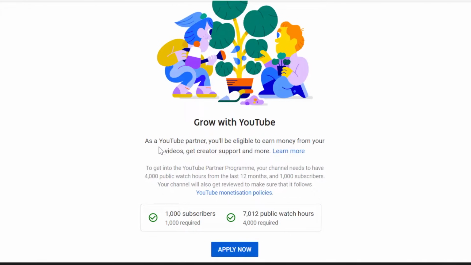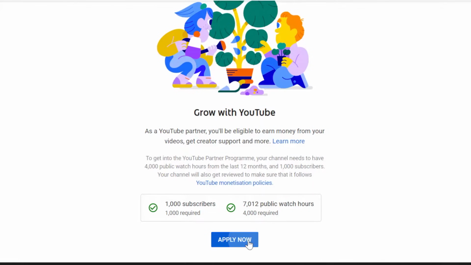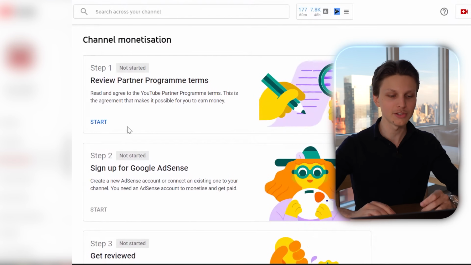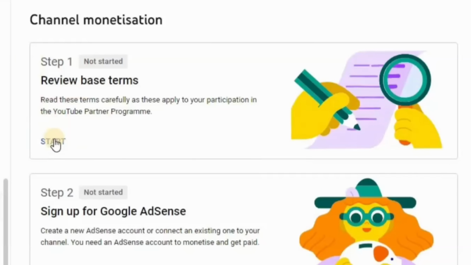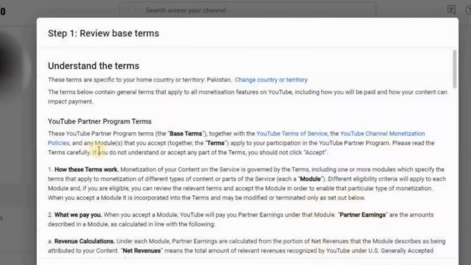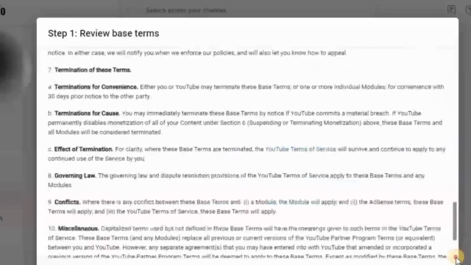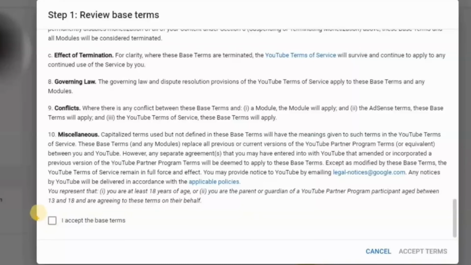Now, in order to actually get your channel within the YouTube Partner Program and monetized, you need to go to the left-hand side of your Creator Studio and then go down here and select this Earn button right here. And as you can see, now the Apply button is ready to be clicked. So we just click Apply now, and from here, it's going to bring us to the steps to actually sign up to earn money from YouTube. Now, all you have to do first and foremost is review the base terms, and you can click Start to begin that process. And they require that you actually scroll through and read all of these terms right here. And upon doing that, then you can click I accept base terms and click Accept Terms, and then scroll down